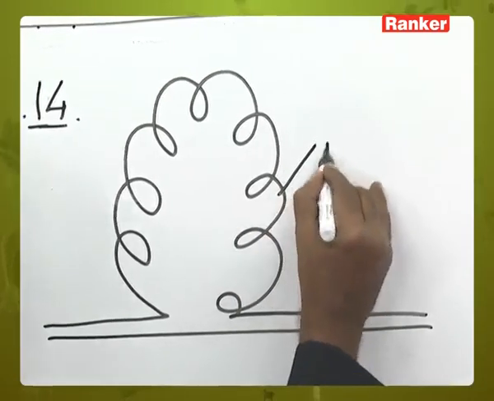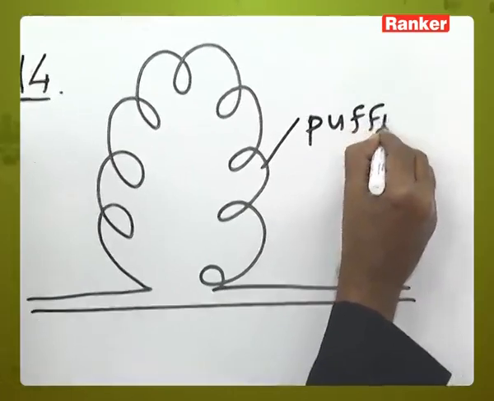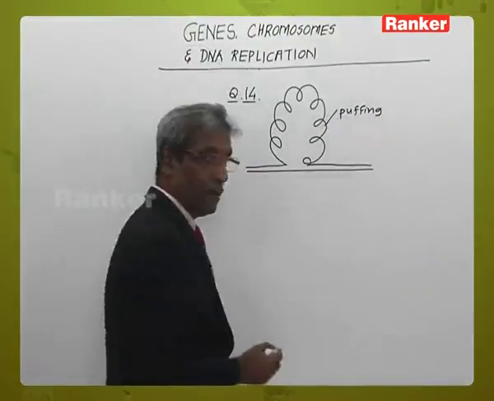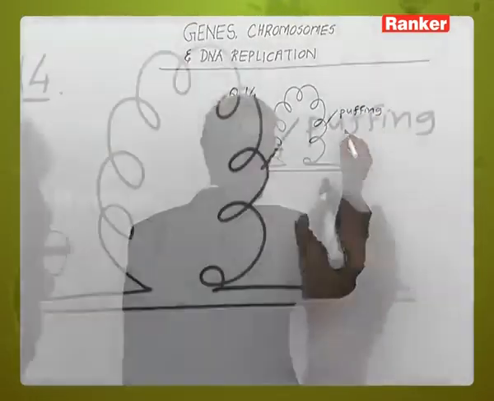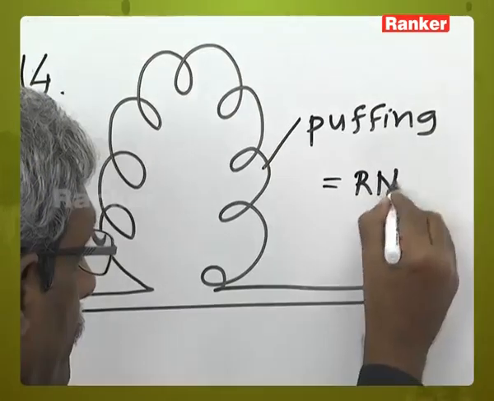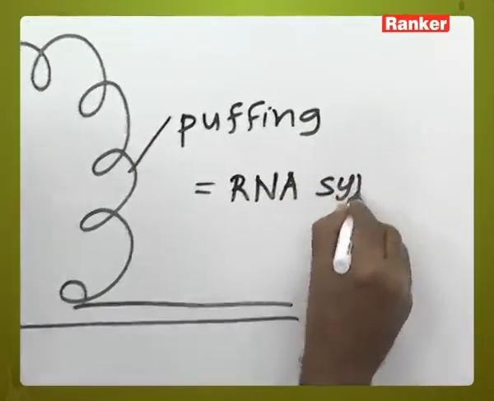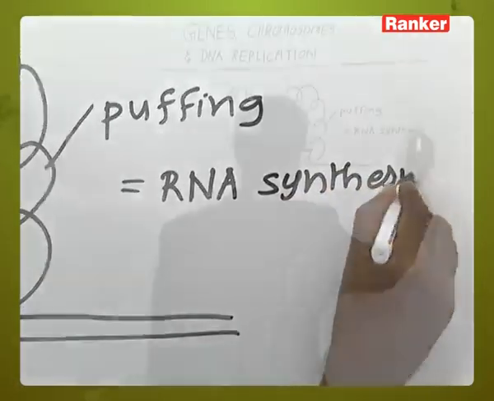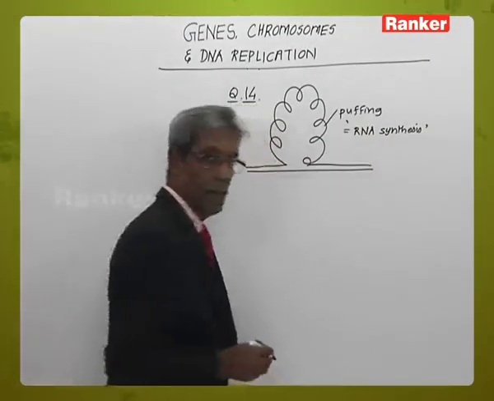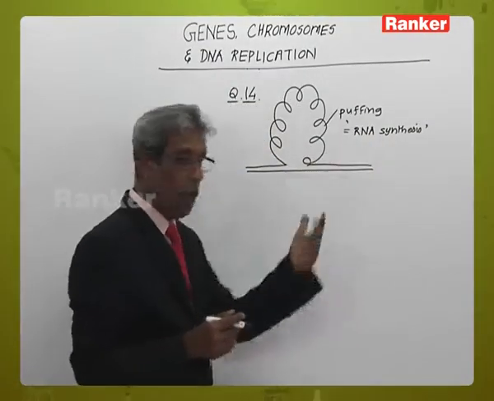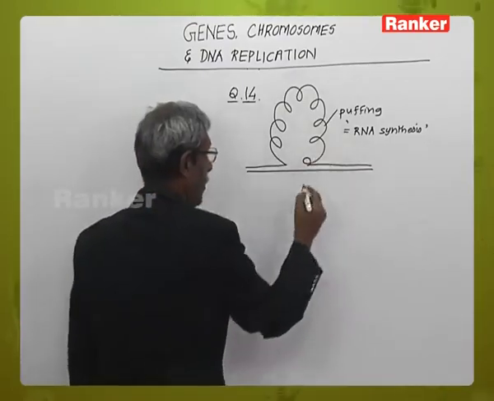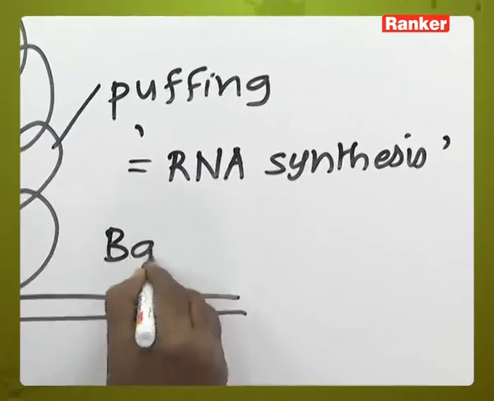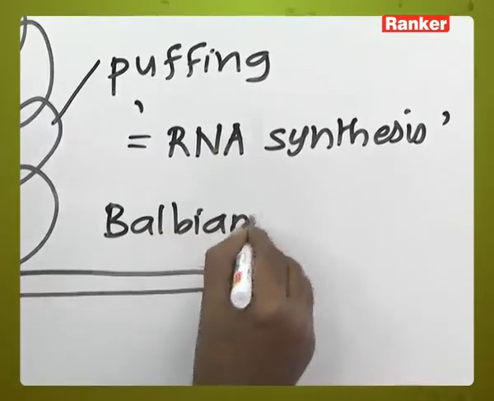These regions of puffing are active regions of RNA synthesis. So, once RNA synthesis is over, this particular puff, which is also termed the Balbiani ring,